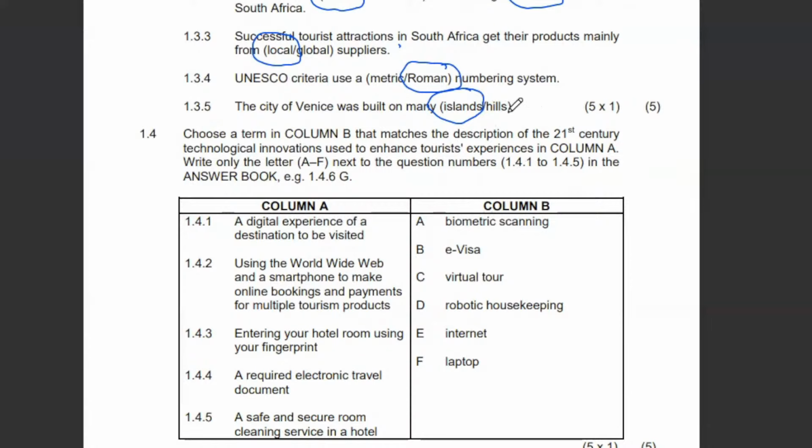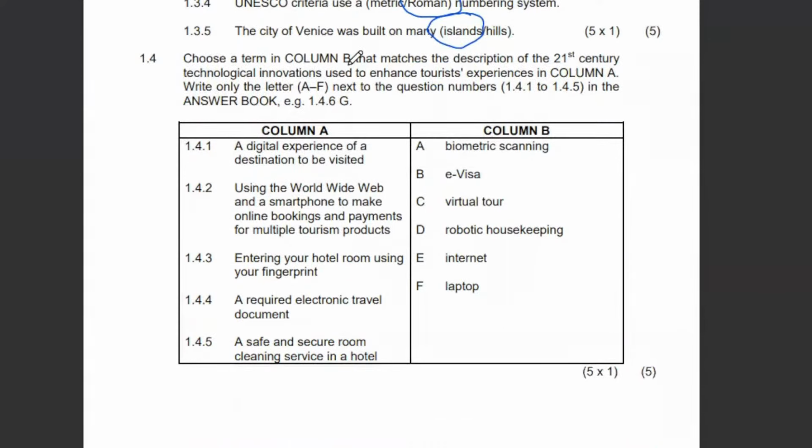1.4, choose a term in column B that matches the description of the 21st century technological innovations used to enhance tourist experiences in column A. So we are only going to write the letter A to F next to the question numbers 1.4.1 to 1.4.5 in the answer book. So the first question reads, a digital